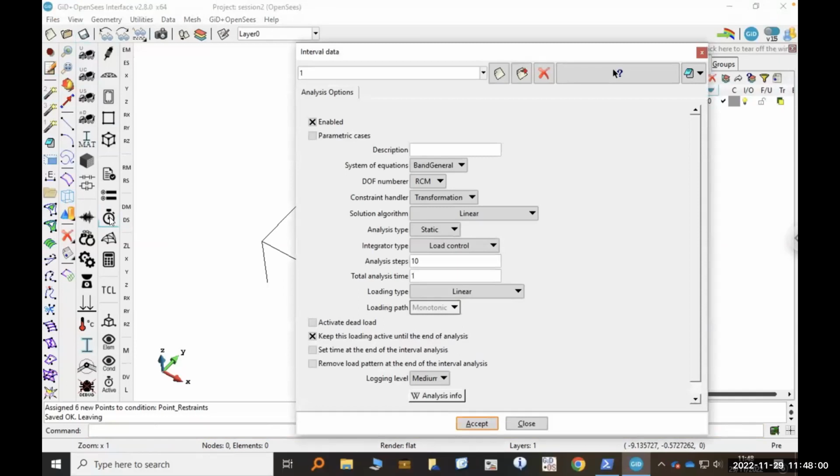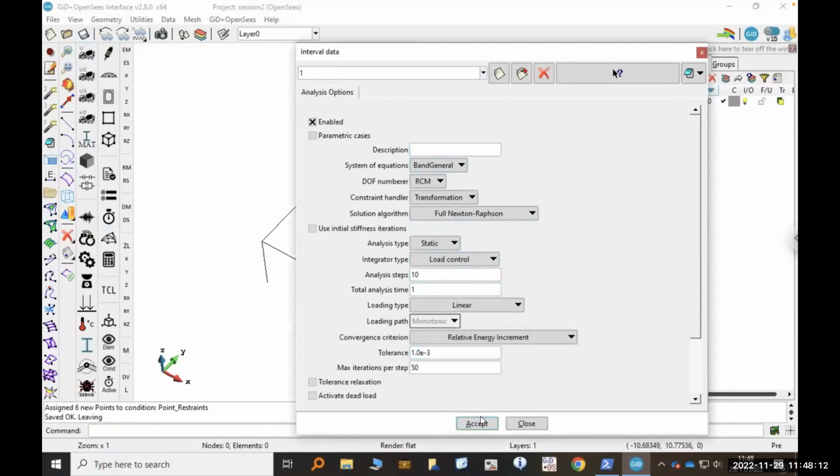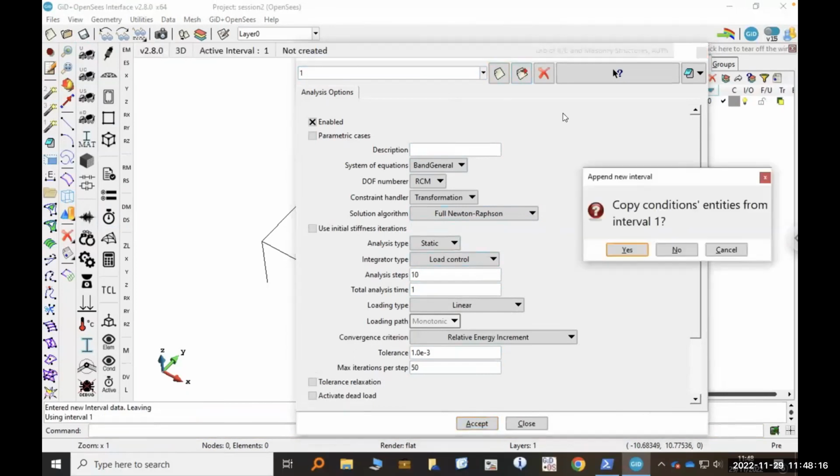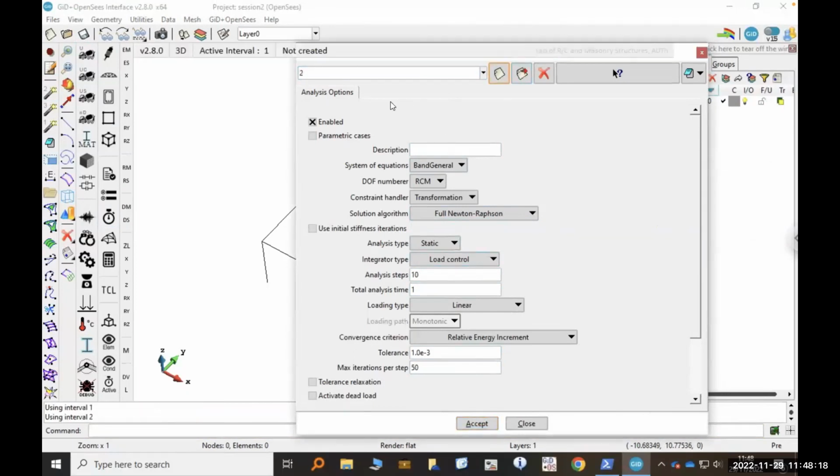fire loads. So I'm going to go to interval data. I'm going to accept the first one. It tells me what my system equation is. But for solution algorithm, again, I want a full Newton-Raphson solution. And I'm going to click accept. And then I'll create a new one. Yes. And in here, I'm going to call it